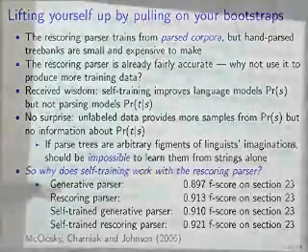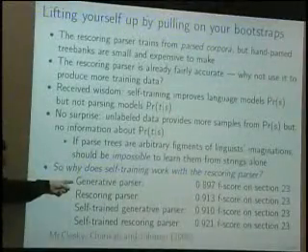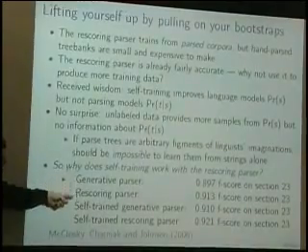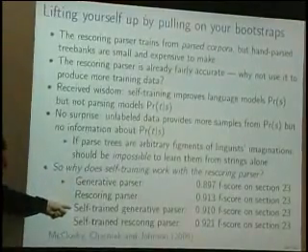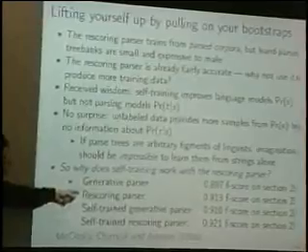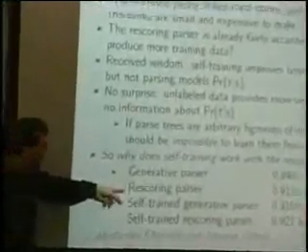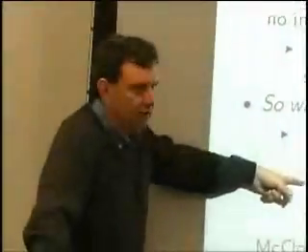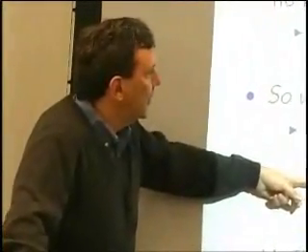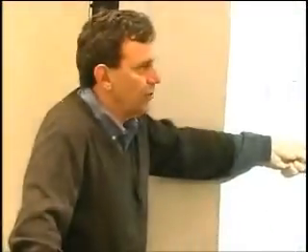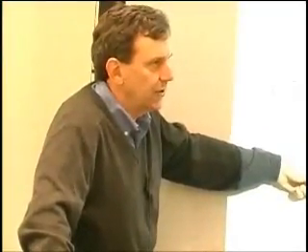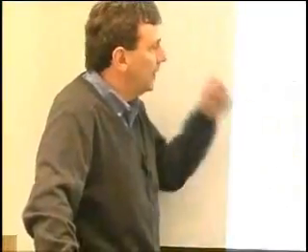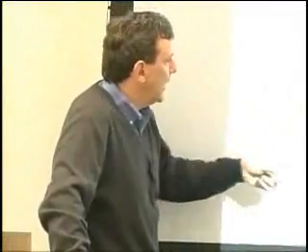So here are some of the results again, right? So there's the generative parser at 89.7. The self-trained generative parser is at around 91. So it's still not as good as the rescoring parser. So at this stage, you'd say, aha, maybe all you've done is simply move information from the rescoring parser into the self-trained generative parser. We'll actually see in some situations that does seem to be happening.